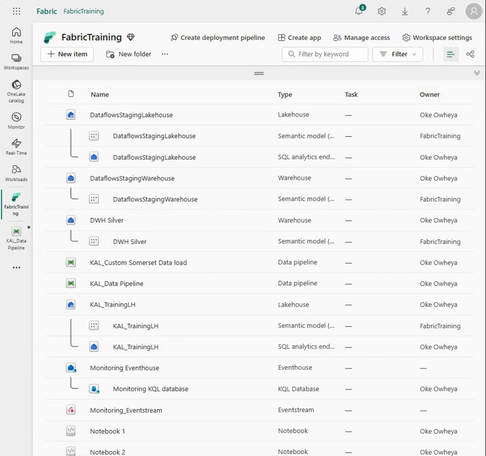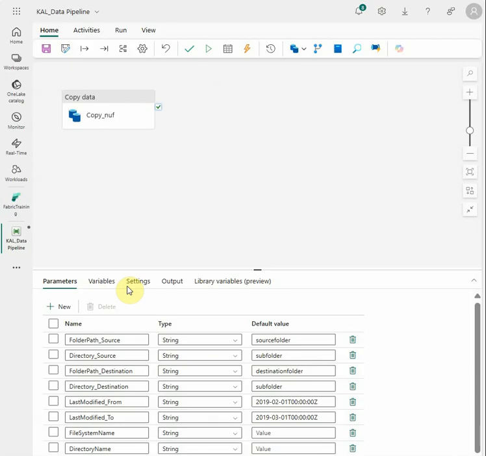Now, in this Fabric workspace, I've got a sample pipeline which I've already put together. However, what I would like to do is to add one of the templates to create a further pipeline within my orchestration tool. If you look up here, there is an icon which allows me to add a pipeline template to my